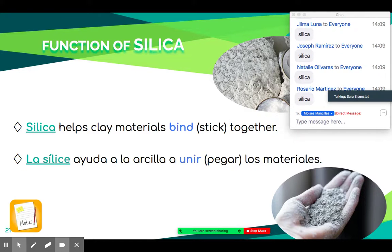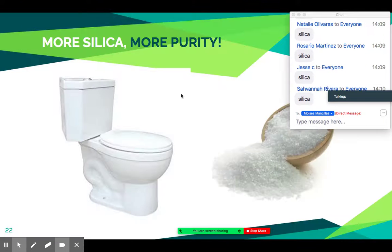Okay, let's take about 30 more seconds to record the definition for silica. Silica serves as a binding agent to allow clay molecules to hold their shape and stick together. All right,